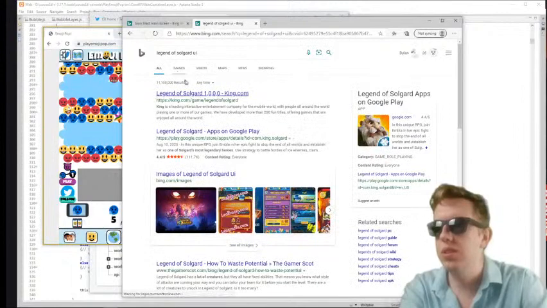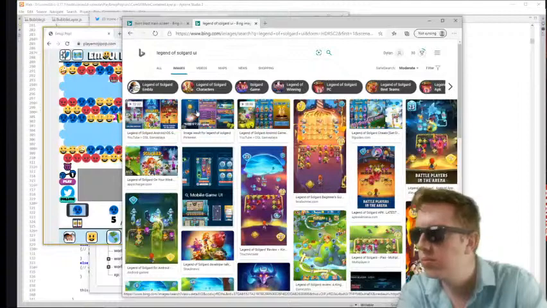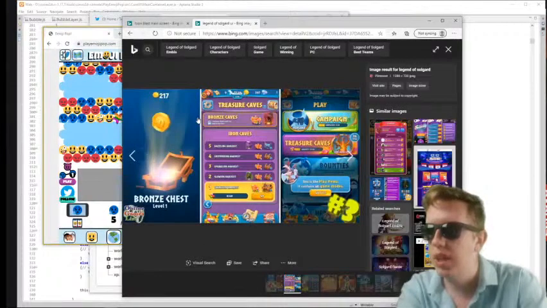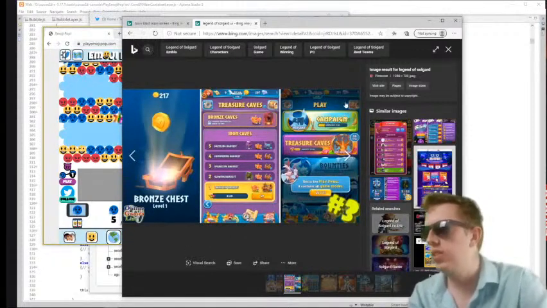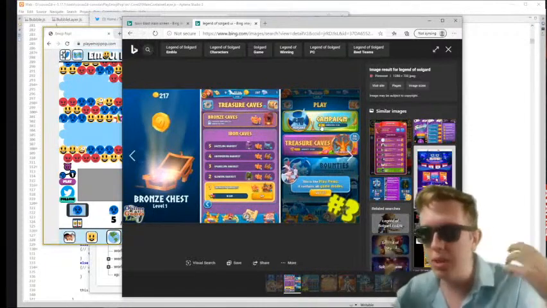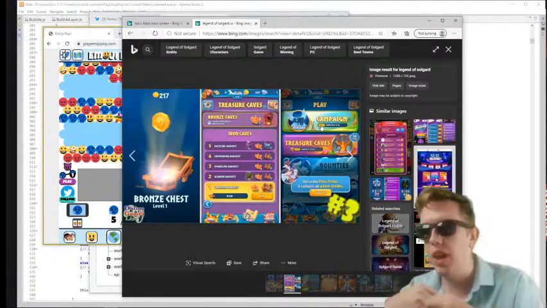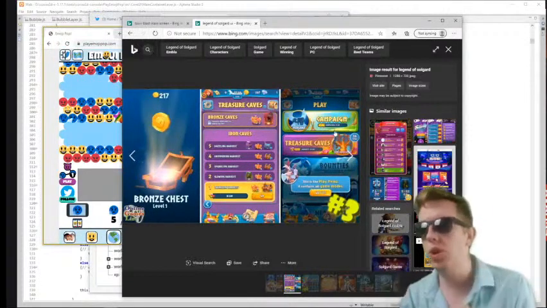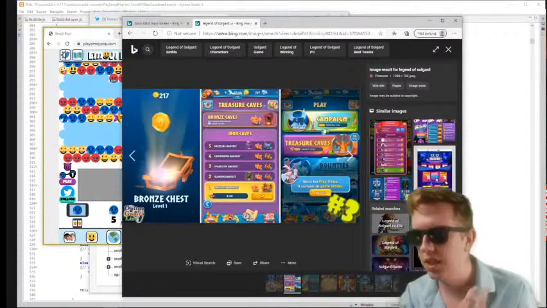Legend of Soulguard UI. I don't know if we're going to be able to see all the screens, but I remember this game, Legend of Soulguard, which is actually made by King. So this is the screen on the right. On the right screen, you can see they have a big button that says campaign, and this is the main game that you're constantly in. But like you're saying, Mattman, they have a main UI where, even though that's the main campaign they want the players to always be thinking about, it's presented as an option along with the other stuff in the game, like the community gameplay and the events. So they took